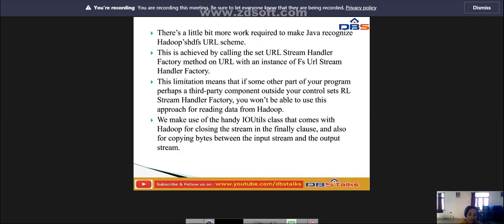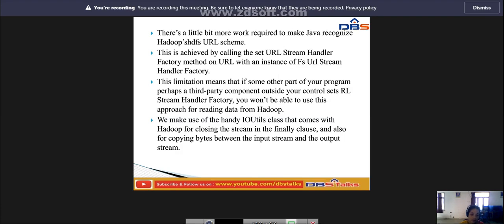This is achieved by calling the setURLStreamHandlerFactory method on URL with an instance of FsUrlStreamHandlerFactory. If some other part of your program, perhaps a third-party component outside your control, sets a URLStreamHandlerFactory, you won't be able to use this approach for reading data from Hadoop.